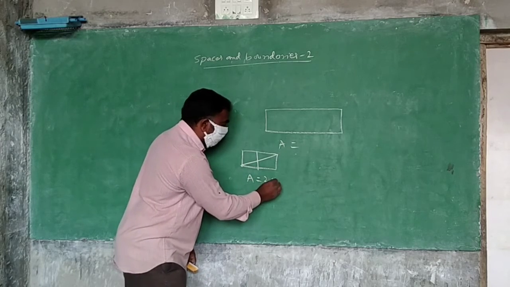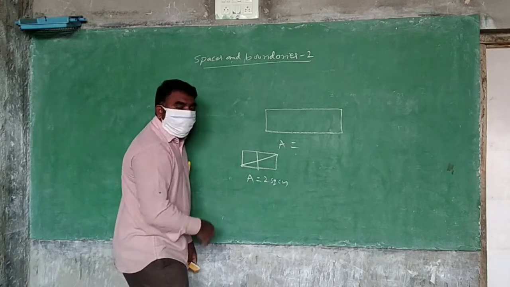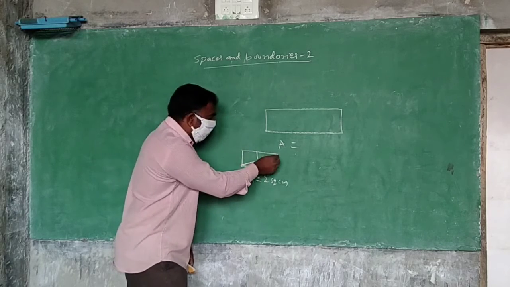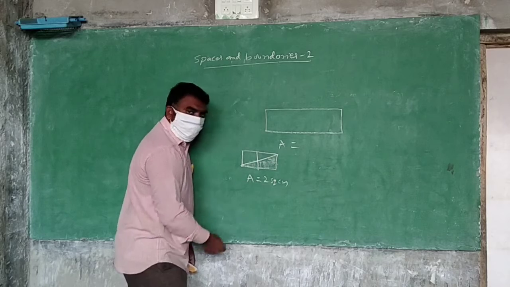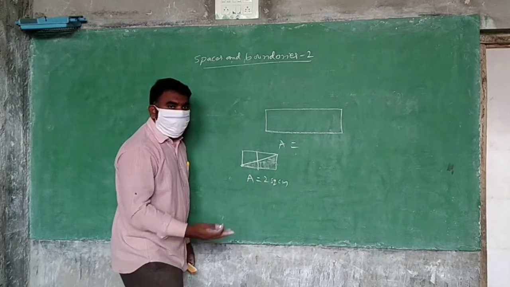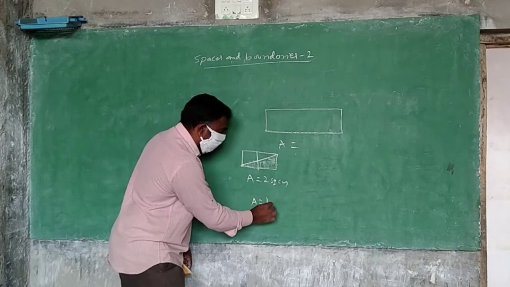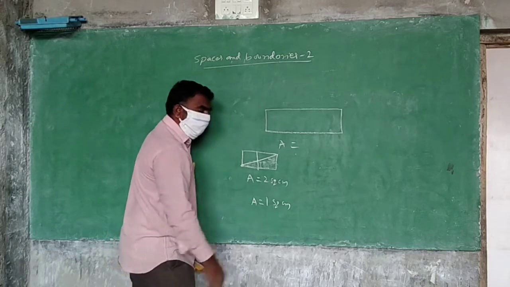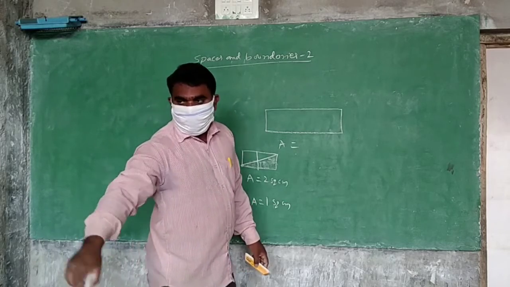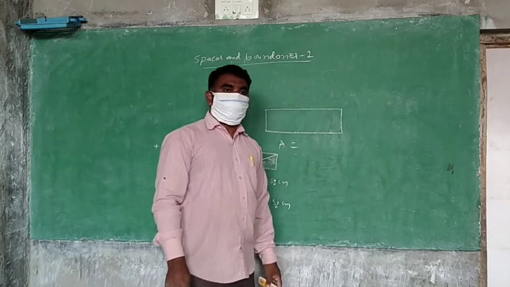2 square centimeters. No. Now it is divided into triangles. What is the area of the triangle only? Half, you divided equally, no? Means what is the area of the small triangle? 1 square. Like that, can you find out? Yes. There are three shapes of it.